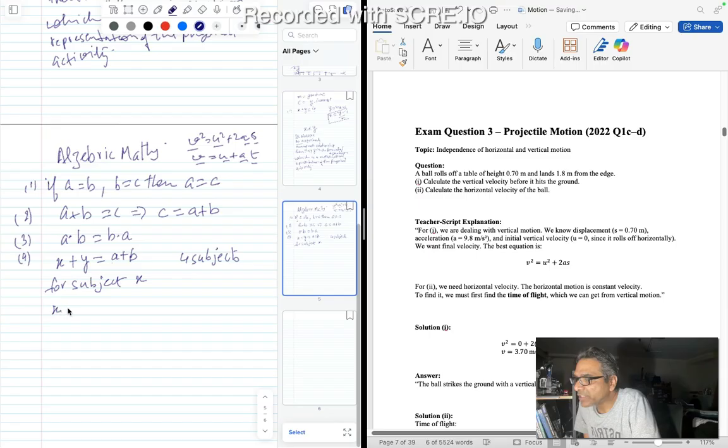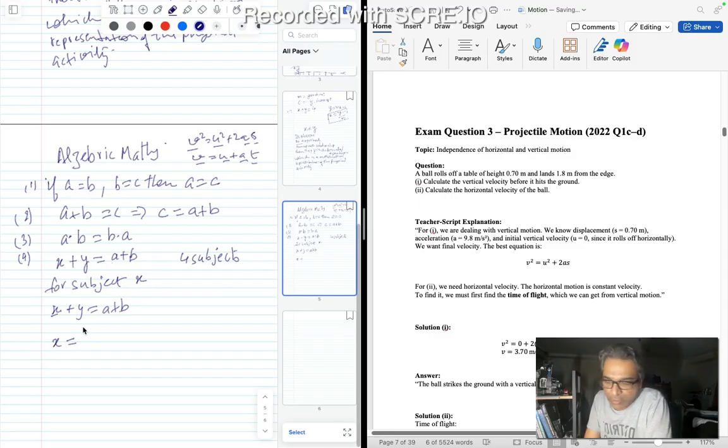So the equation is x plus y equals a plus b, right? We need to solve for x. So when we are saying solve the equation for a subject, that means it should be in the form of x